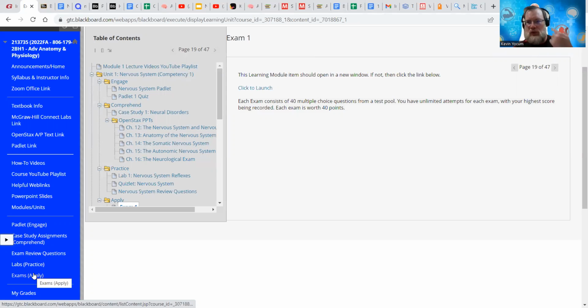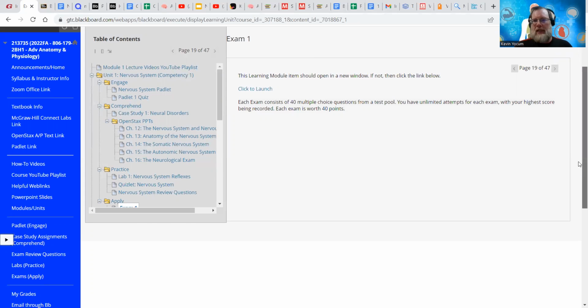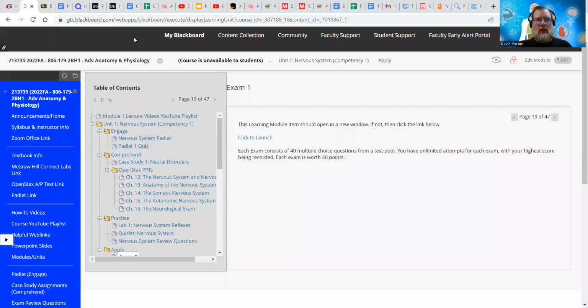That's how most students approach navigating the course. But I wanted to show you modules and units is how I set it up, more or less to be a virtual book of the course. And then I took the different sections of the book and put them along the side here so you can access them easier that way. So anyway, exam, here's your exam one.